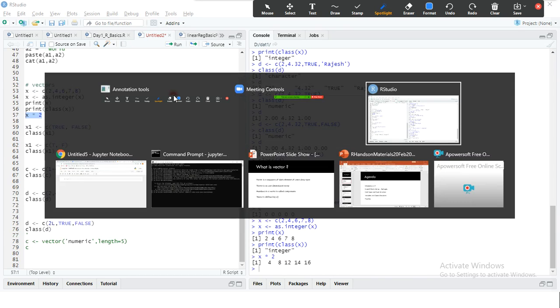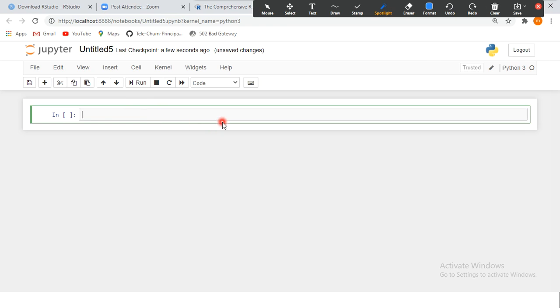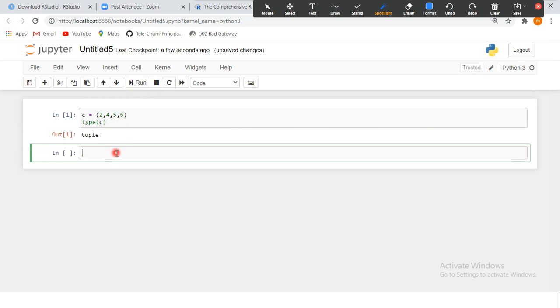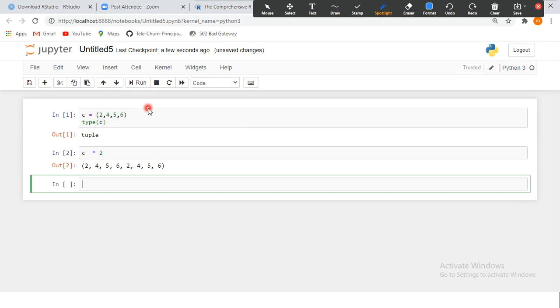Yeah, especially we need to check this one. You know most of the comments, but here, for example, I just create... here we use the type function to check the data type. If I execute this as a tuple and multiply by 2, will it work? No, it is not multiplying each and every element. The value 2 is not multiplied by each and every element in this tuple.